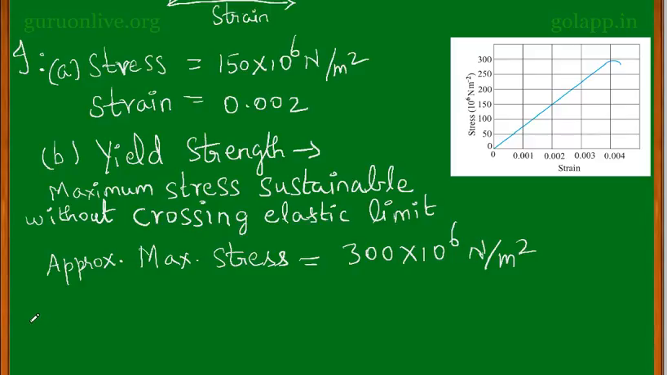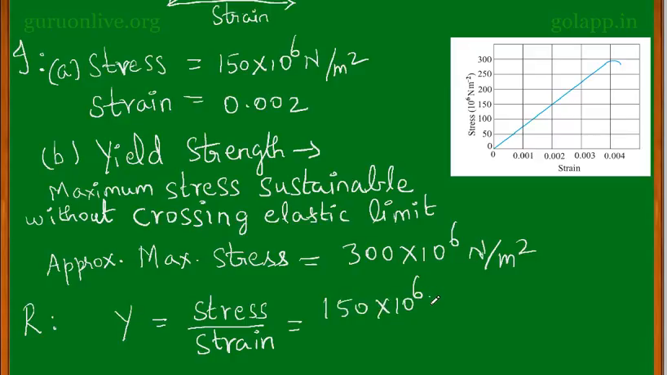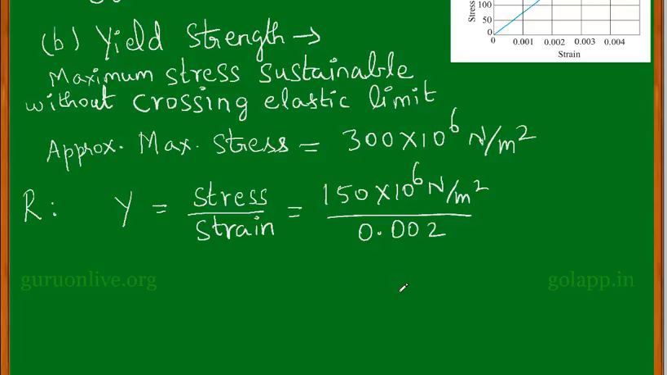Now we move on to resolve the problem. As we know already, the formula for Young's modulus Y is equal to stress by strain, which is equal to, what is the value of your stress? 150 into 10 to the power of 6 Newton per meter squared divided by, what is the value of your strain? 0.002, which can be rewritten as